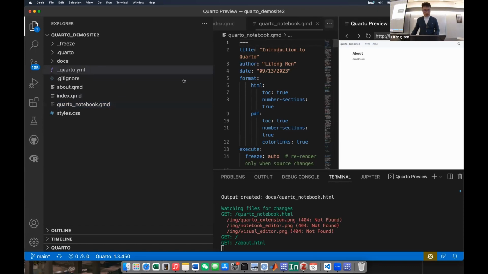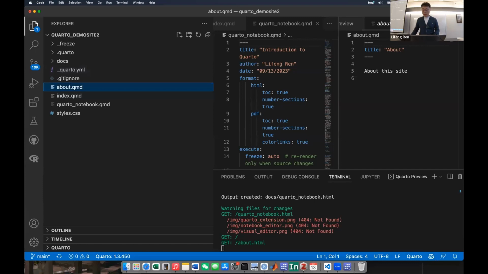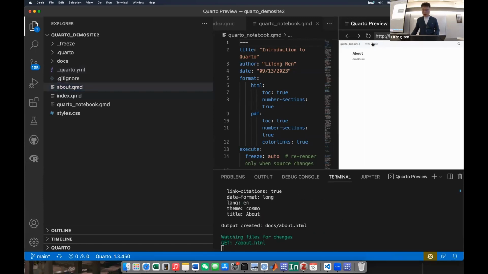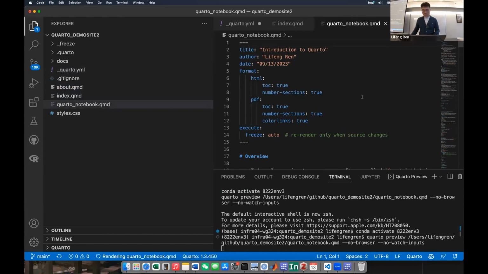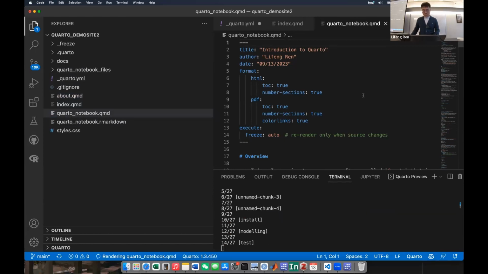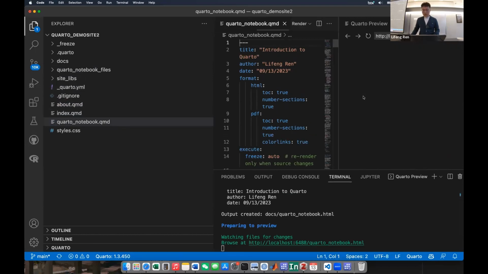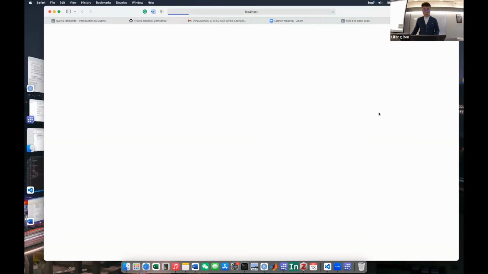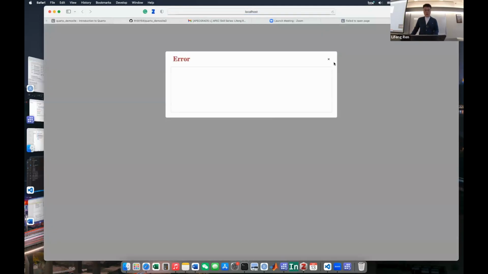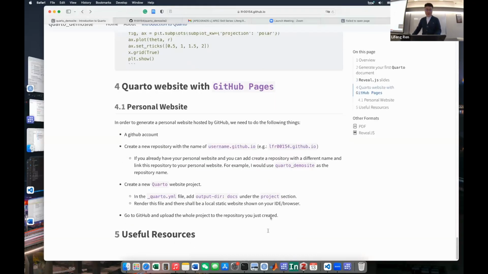We should be able to see it in the, let me just render it again. Okay, I think there are some errors, but you can definitely successfully render it, and it will pop out